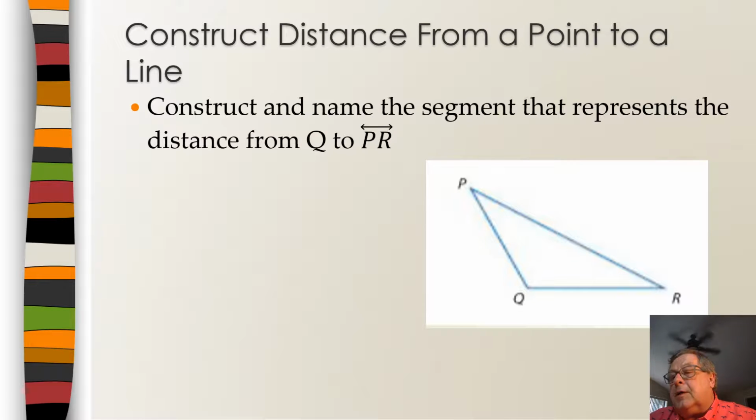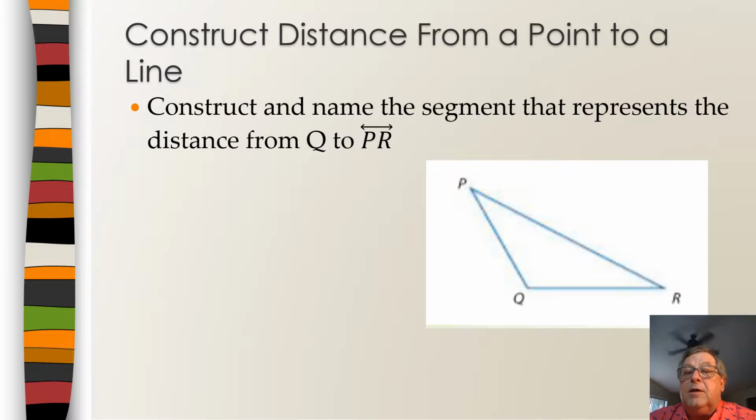All right, well, now we're going to look and talk about the distance from a point to a line. The shortest distance from a line to a point that is not on the line would be perpendicular to the line. And if we're doing this on paper somewhere, you're really going to need a compass and a ruler